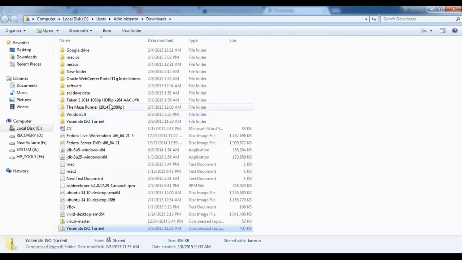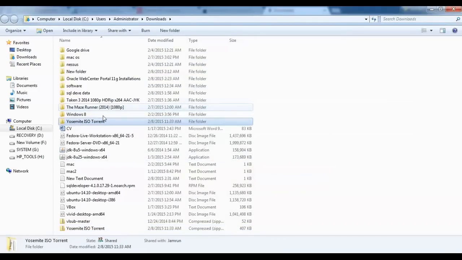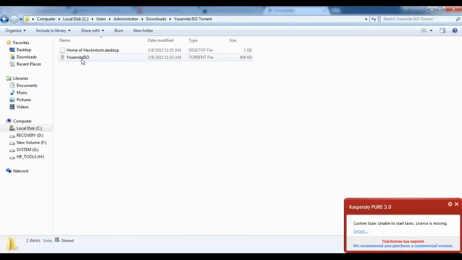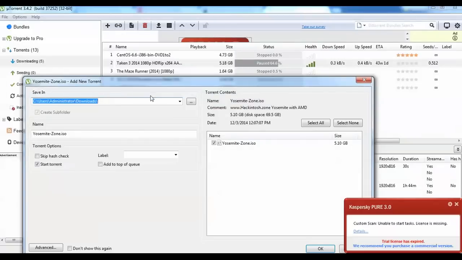After that, find the Yosemite folder, click on it and double click on this one. Here you can see it is going to download from the torrent.